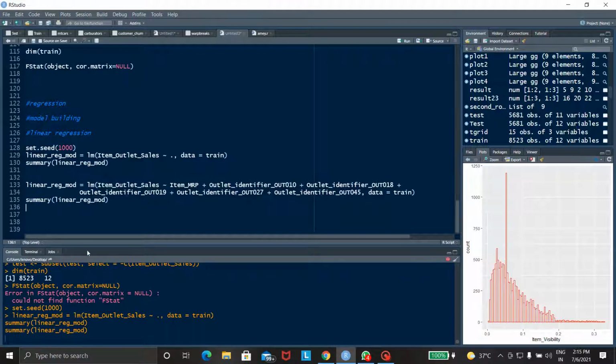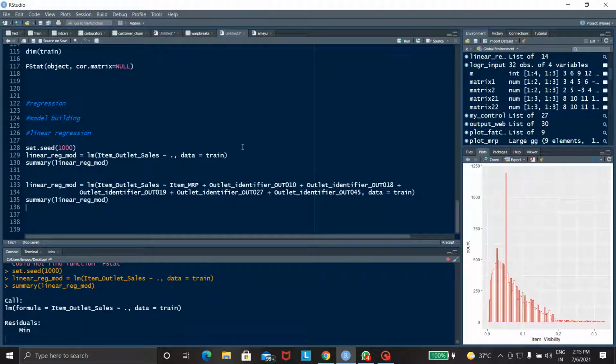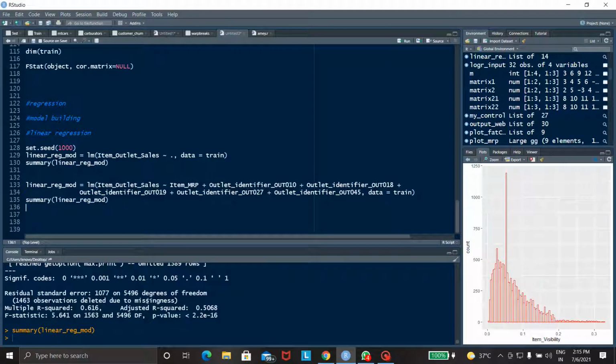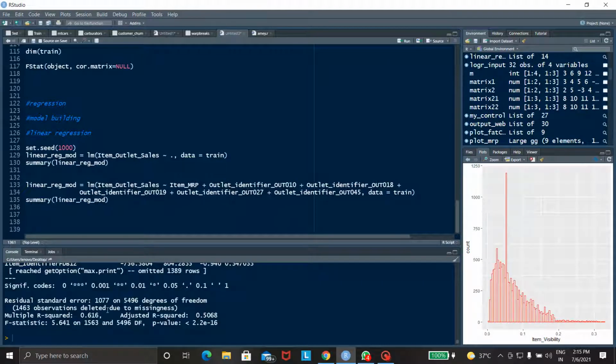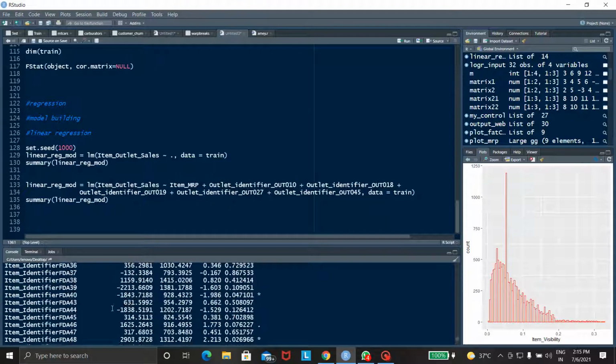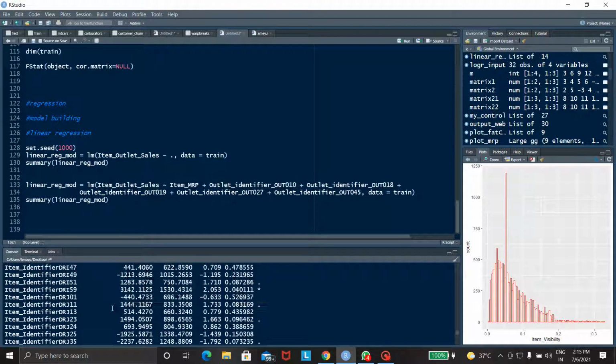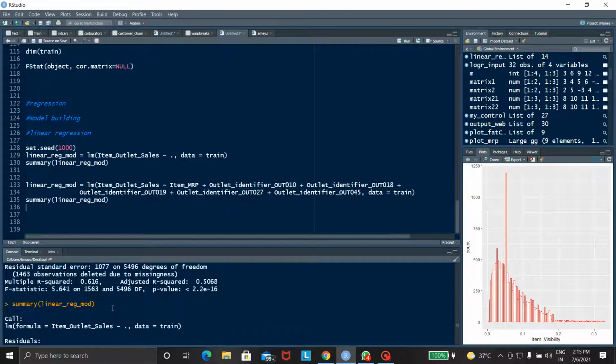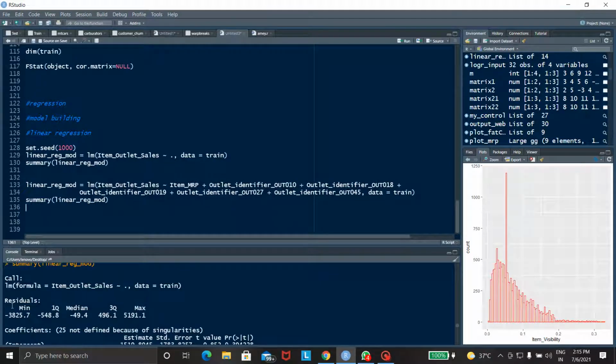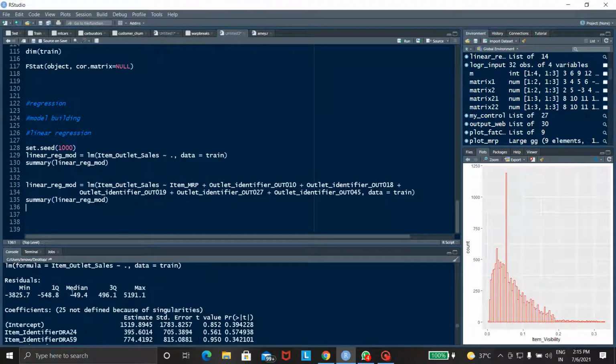Wait for some seconds. Let's see, here we have found the linear regression. In linear regression, we have the residuals: minimum, median, and maximum. These are the main outputs of linear regression.